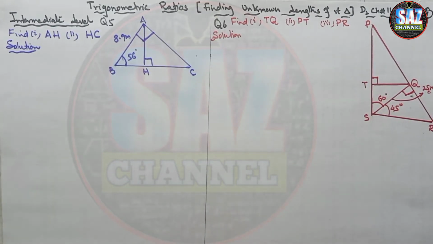This is my fourth lesson of D2, chapter number 11, exercise 11b, that is about the application of trigonometric ratios. In this lesson, we will be learning how to find the unknown lengths and the angles of the right angle triangle. Before going to the lesson, there are some key points that you have to understand: what are the trigonometric ratios, what is hypotenuse, and what is the reference angle. These questions have to be clear to you before moving to this lesson, because they are really important for understanding the new lesson.